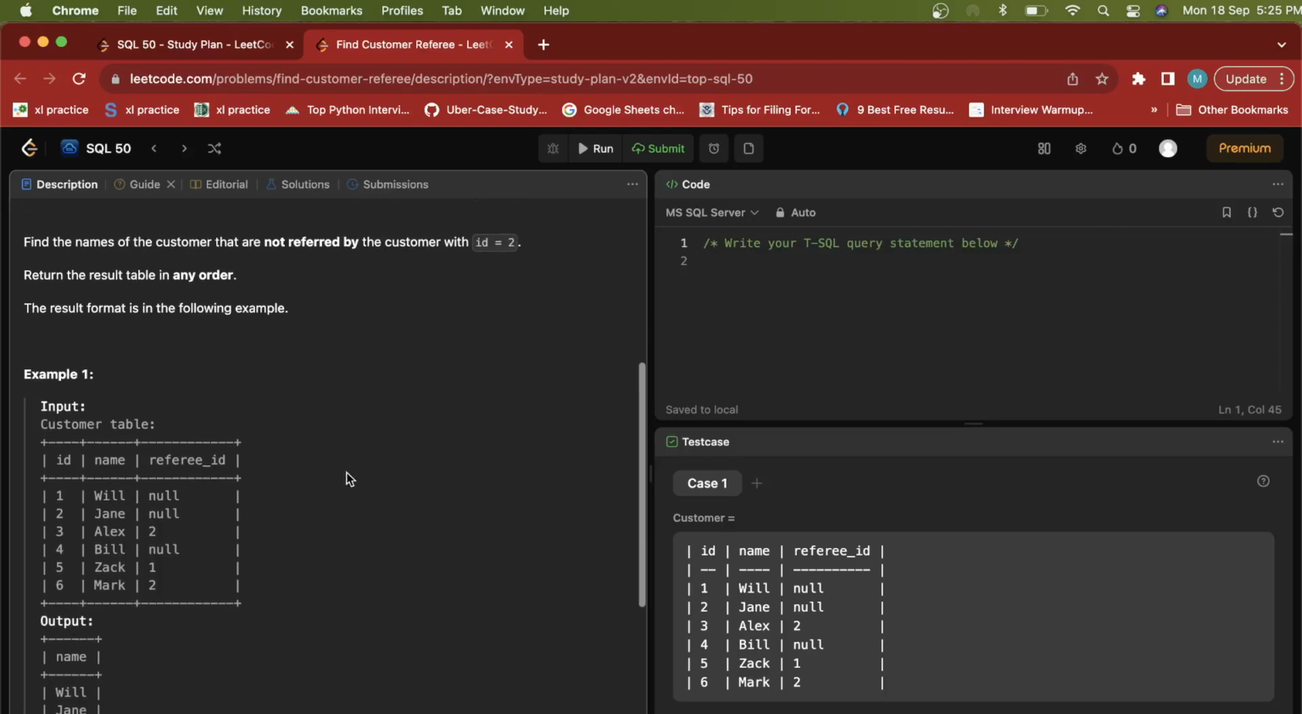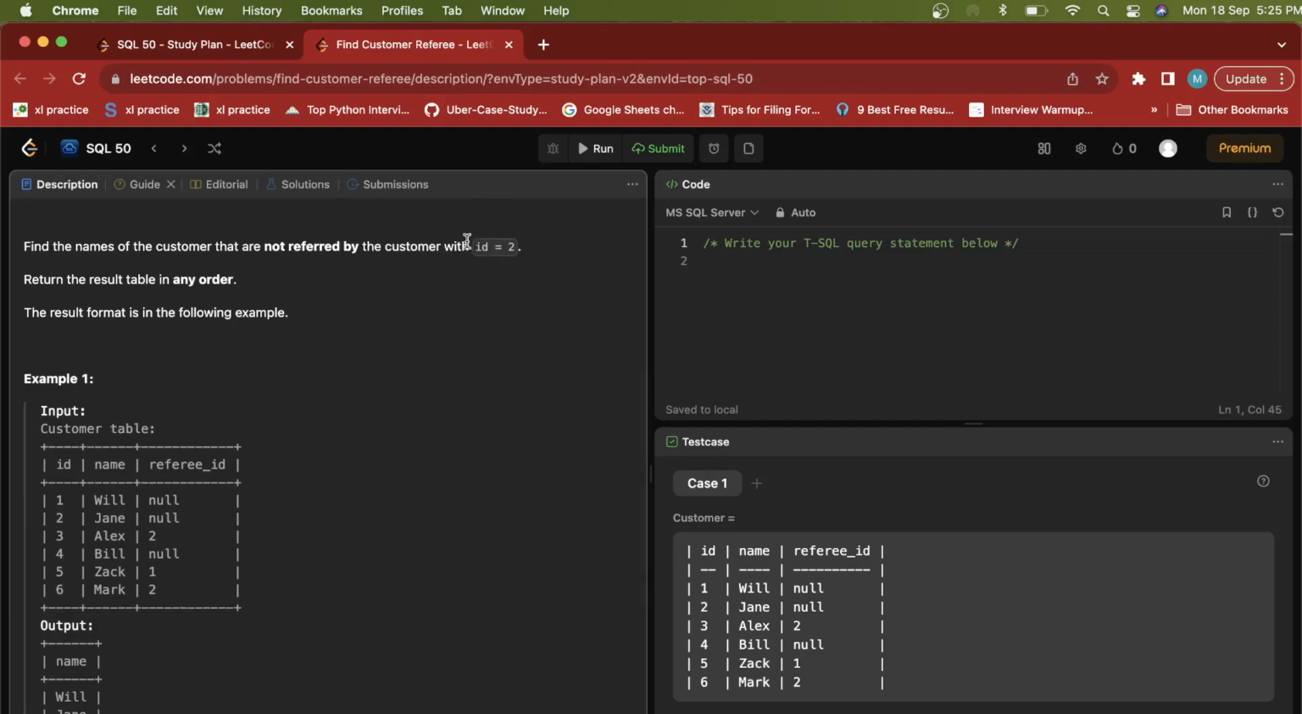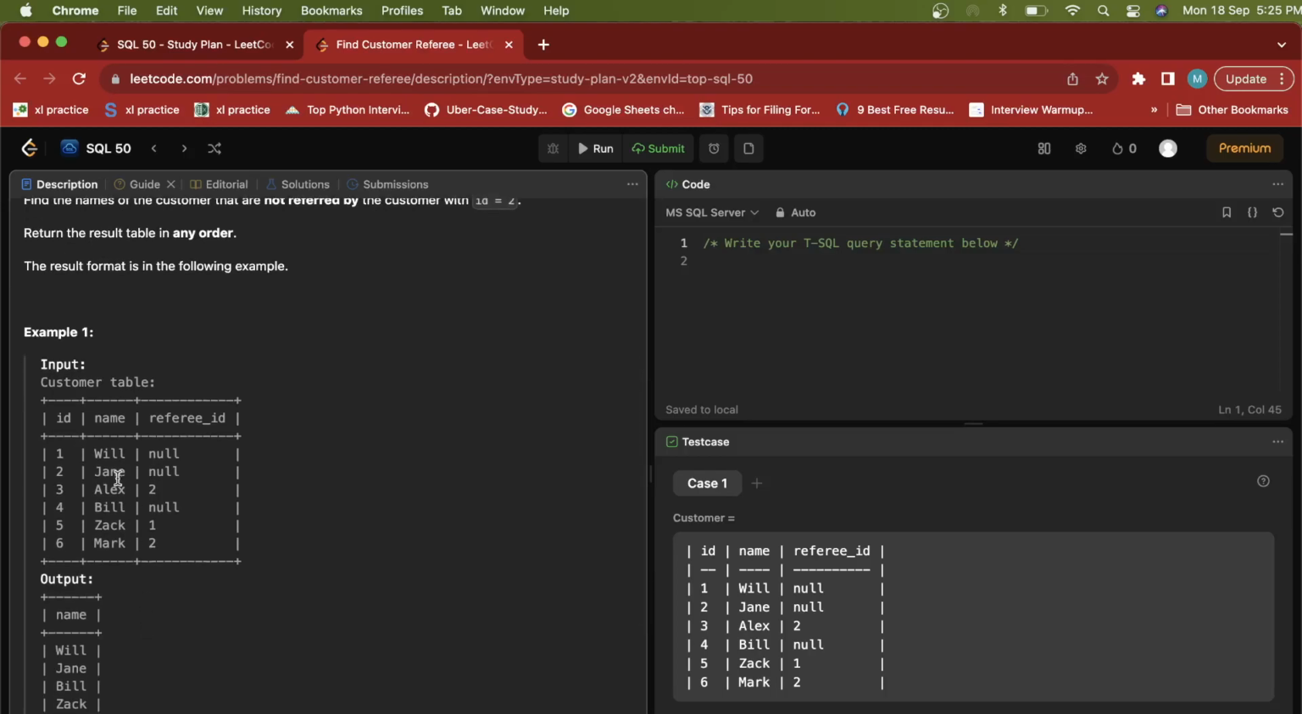So basically we have to find the customers who are not referred by Jane. So yes, our output should be Will, Jane, Bill, and Zach, because Alex and Mark have been referred by customer number 2. So now let's start writing our query. So firstly we'll select the customers. So over here the customer name is defined by the column name from the table customers,